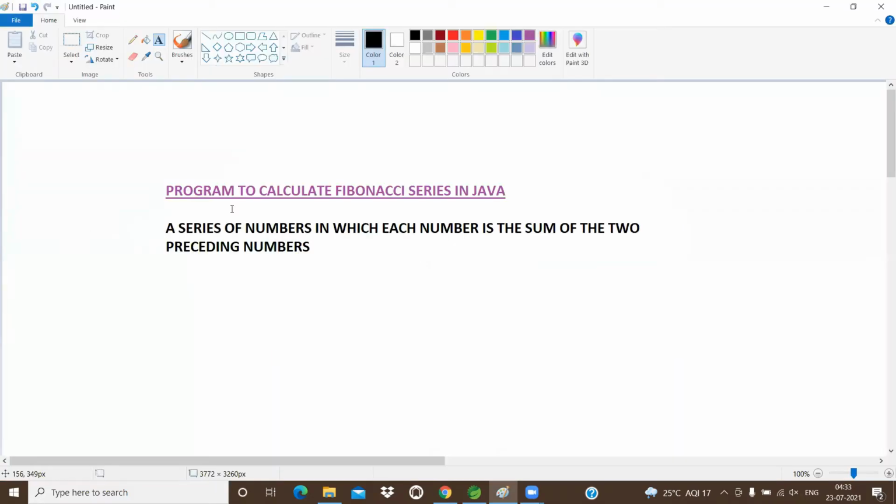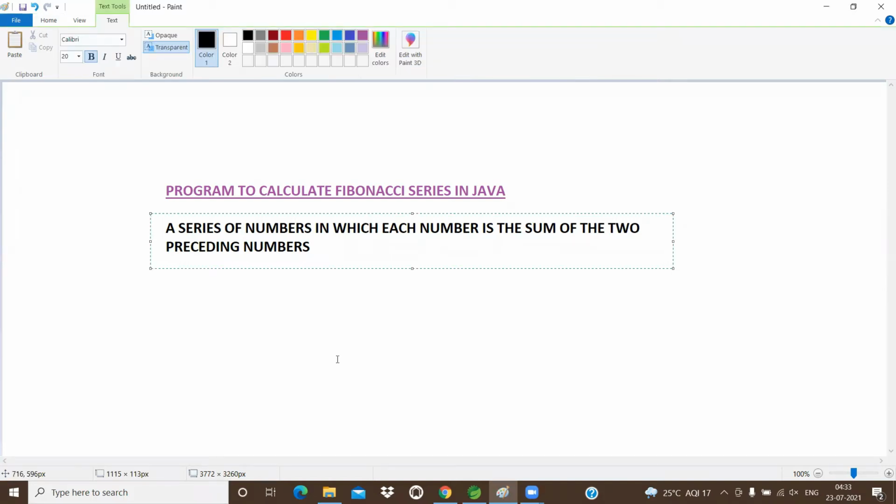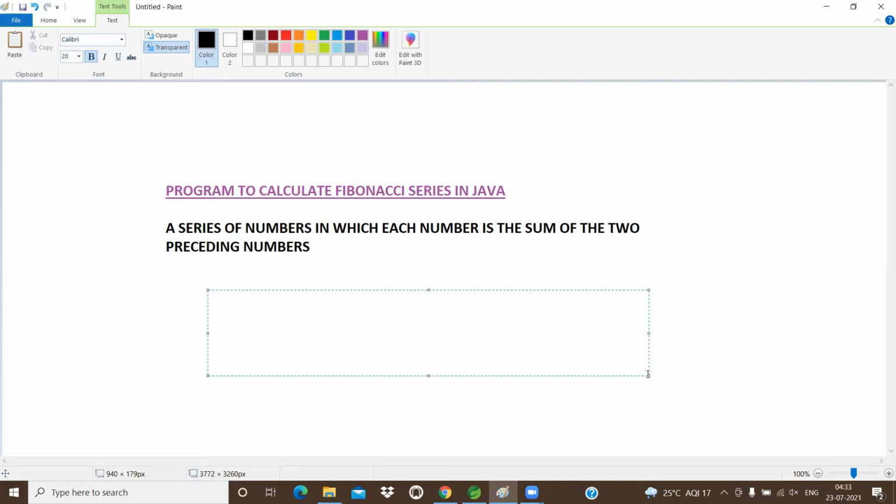So, what is a Fibonacci series? Very simple. The series of numbers in which each number is the sum of the two preceding numbers. What is the meaning here? For example, I have two numbers like 2 and 3.